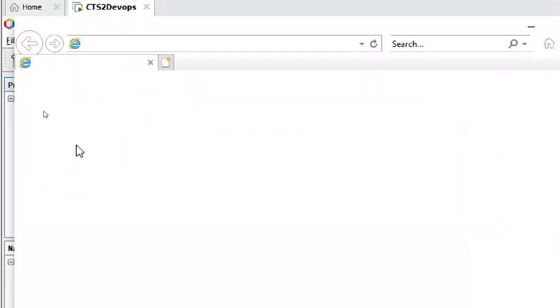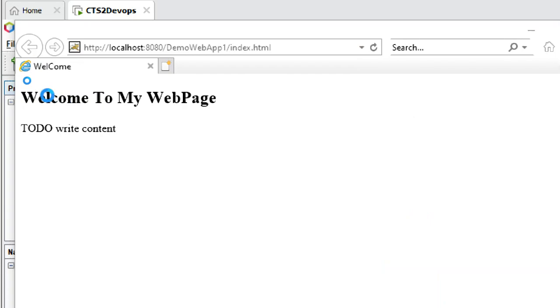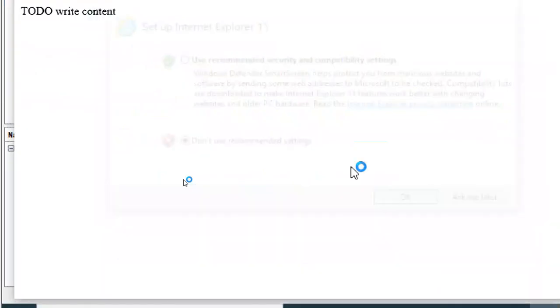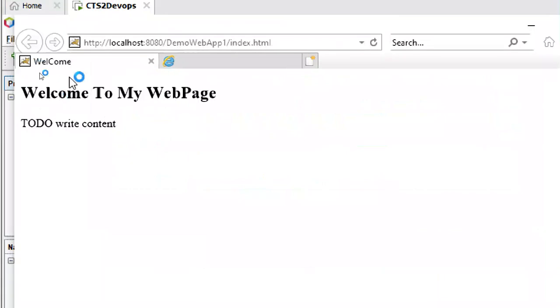Okay, it executes depending on which browser you have selected by default. So it will open that browser and try to show the HTML outcome. Actually, I have to select the first one.